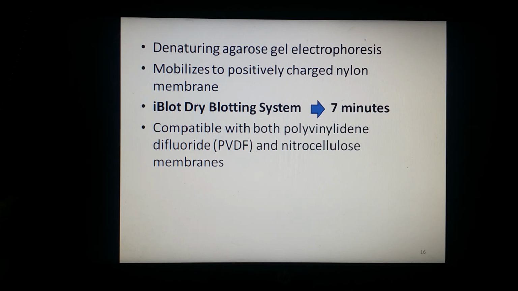Another thing is that with dry blotting there is no need for additional buffer or liquids that can introduce variability in the results. You don't need to add additional buffers, because if you add additional buffer, it will also alter your results. The advantages of this system are high detection sensitivity, increased blotting reliability and reproducibility, flexible gel size formats and membrane types, and high quality results.